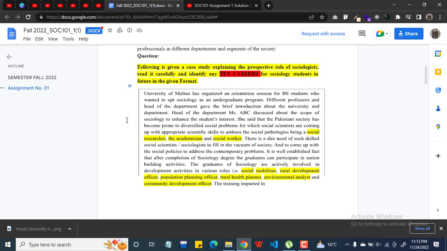University of Multan has organized an orientation session for BS students who wanted to opt for psychology as an undergraduate program. Different professors and head of the department gave a brief introduction about the university and department. Head of the department, Ms. ABC, discussed the scope of psychology to enhance the students' interest. She said that the Pakistani society has become prone to